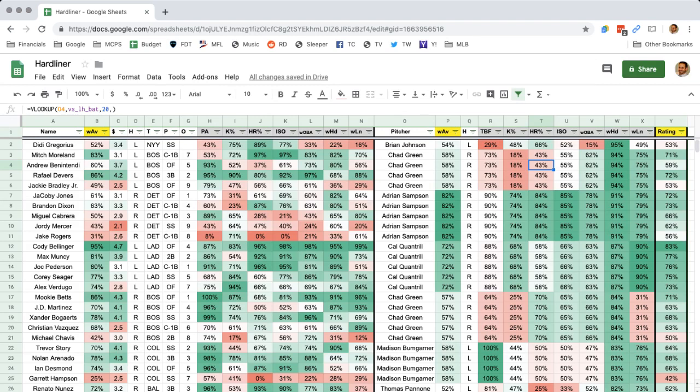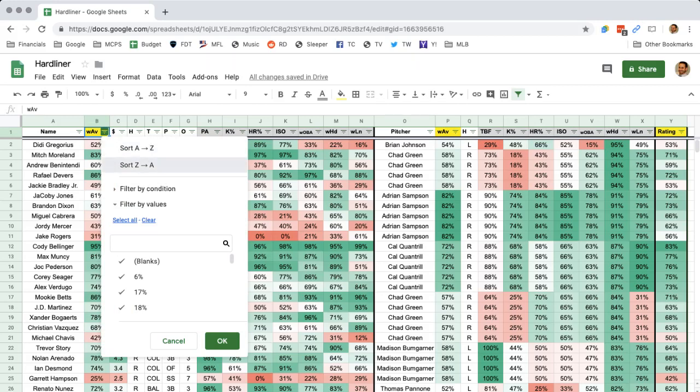And that's what I have here, these three columns. For the batter side, weighted average is when you factor in the K rate, the home runs, the ISO, the wOBA, the weighted hard, the weighted line, you average them all together and you get a weighted average score.